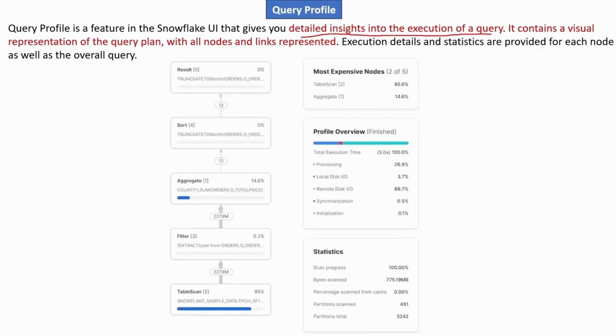This is how the query profile looks in the Snowflake interface. It has a complete representation of the query execution plan, and it has a couple more options. It shows the profile preview, it also shows the statistics, and it also shows the most expensive nodes. It starts with a table scan. It scans the data, and here it filters the data, and then it moves further based on the query